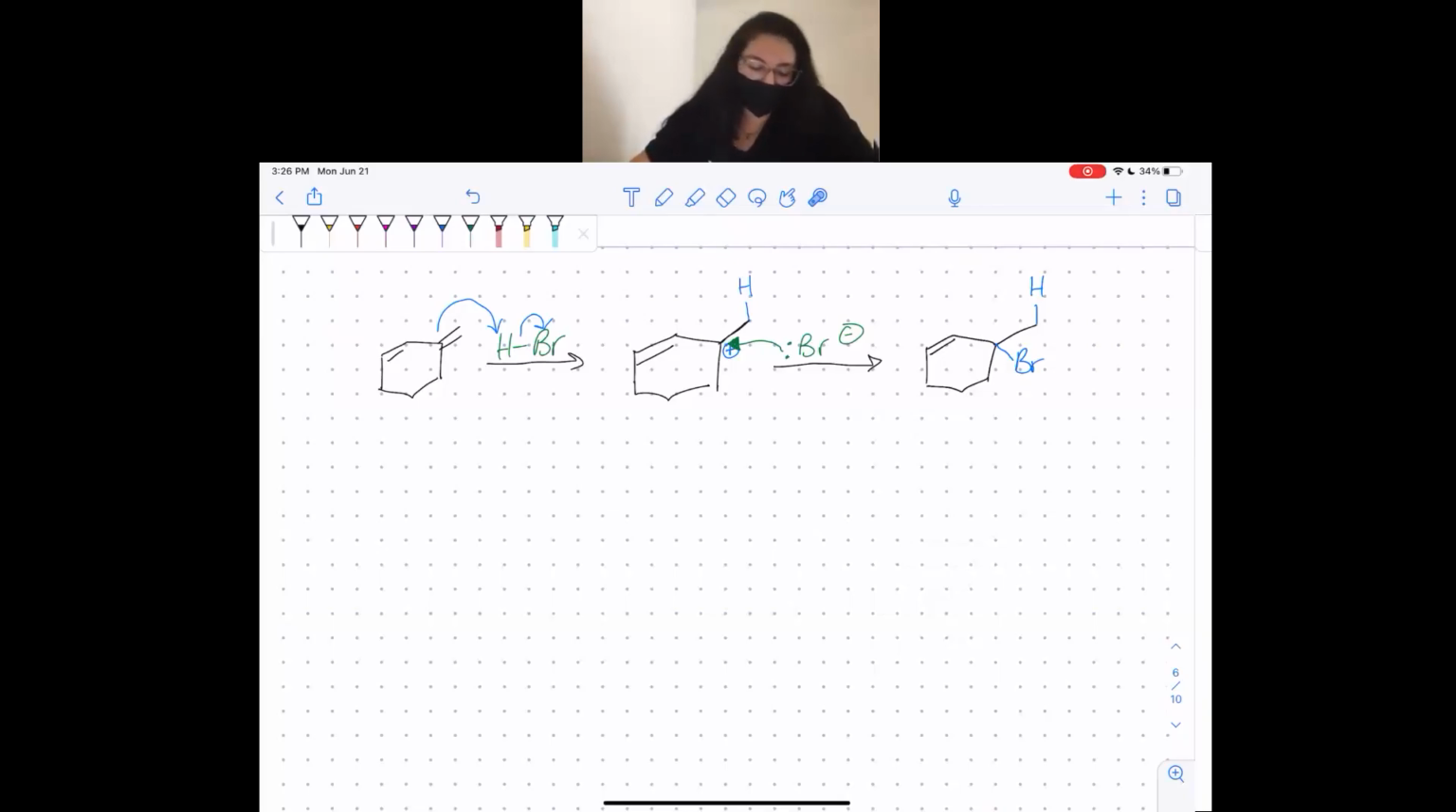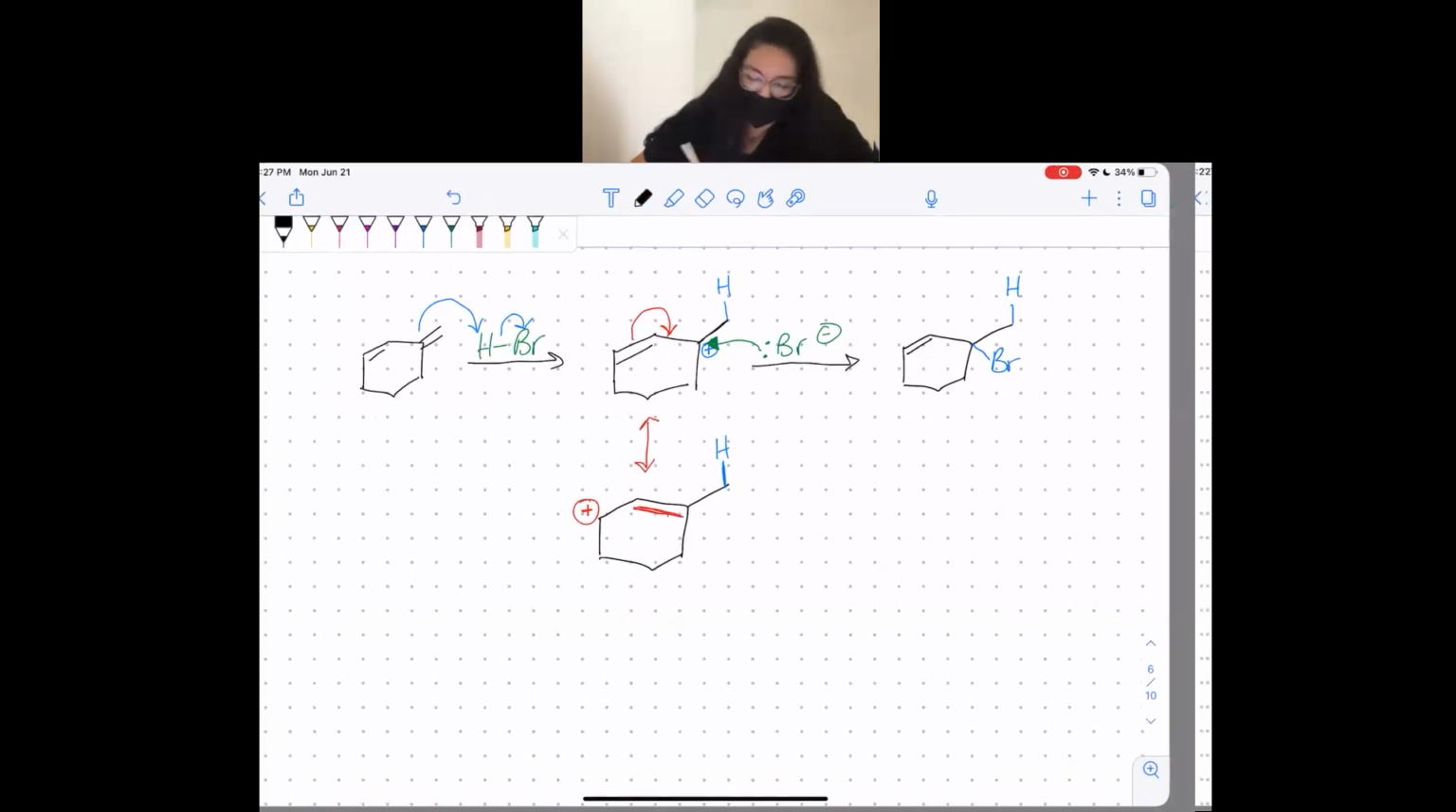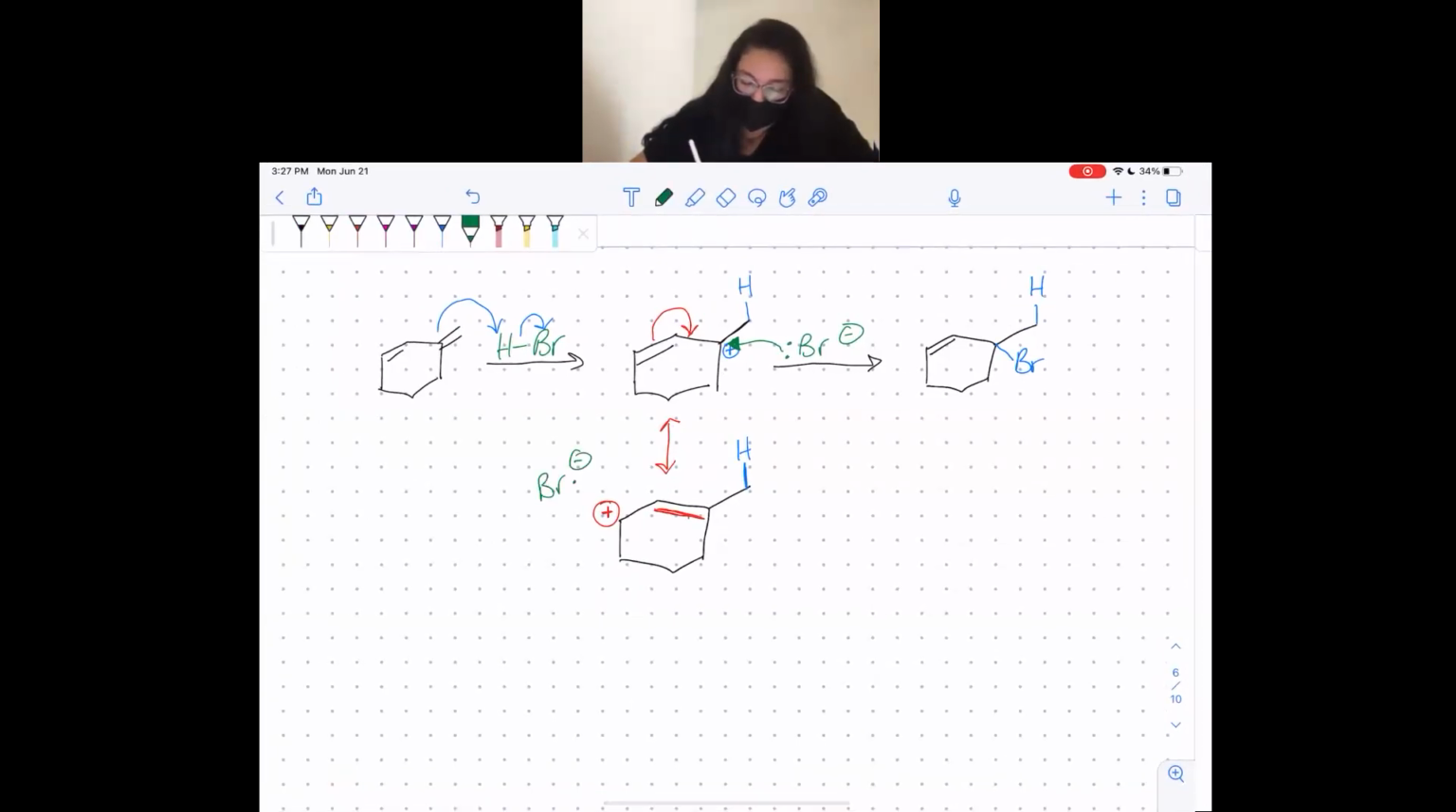But in this example, I'll do in red the alternate pathway. We could have brought these electrons here, and we would have gotten the hydrogen doesn't move because it's already been bound to the carbon. Now we have our double bond here. And so that means our new plus charge is here. So if we did that, at this point, the bromine could have come in and attacked the plus charge, and we would have gotten